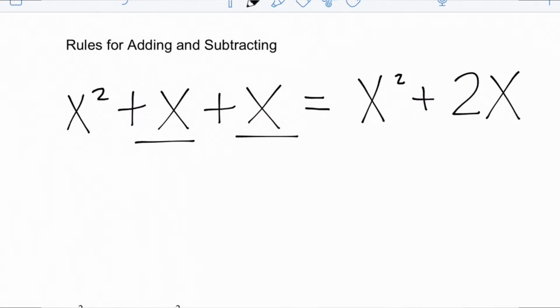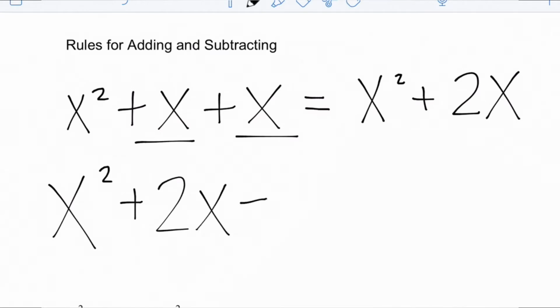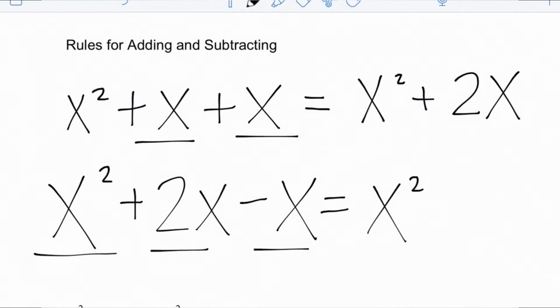Okay? So let's do a couple of practice problems. Let's make it a little more complicated. And just to make sure, if we have x squared plus 2x minus x, I want to make sure that you understand that once again there's no other x squared, so it stays the same. But this is 2 minus 1. This becomes plus x. Okay? So now that we understand that the rules are the same for adding and subtracting,